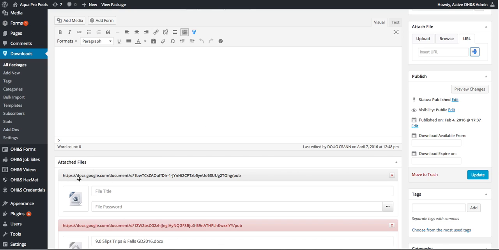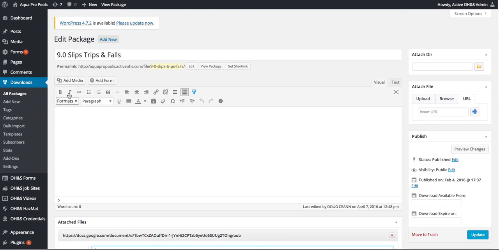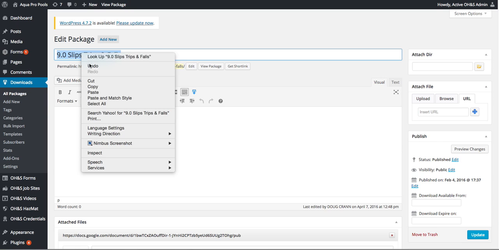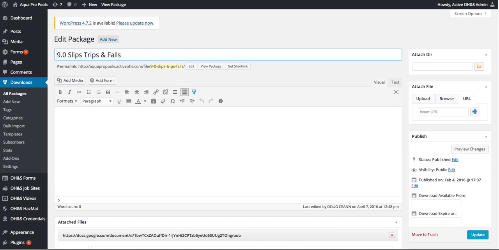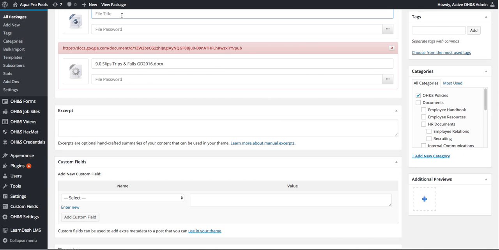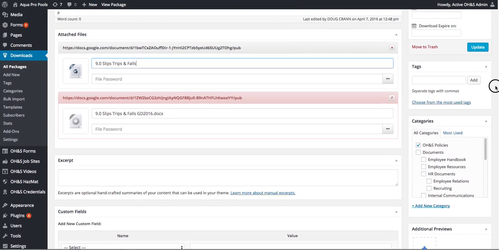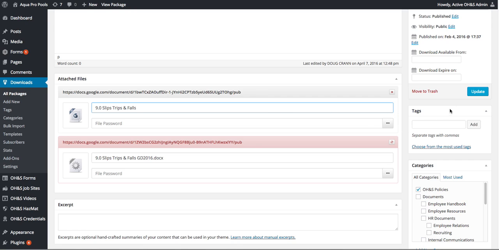Now the new file has been added here, and you just want to go in and add the file title. And this is the title that's going to be shown on the front end. I usually just copy and paste the package title. And paste it to the new attached file link title. That's it. Now you click on Update,